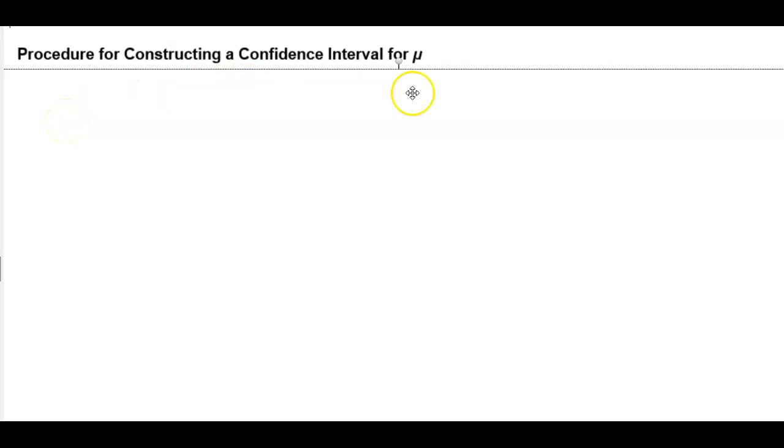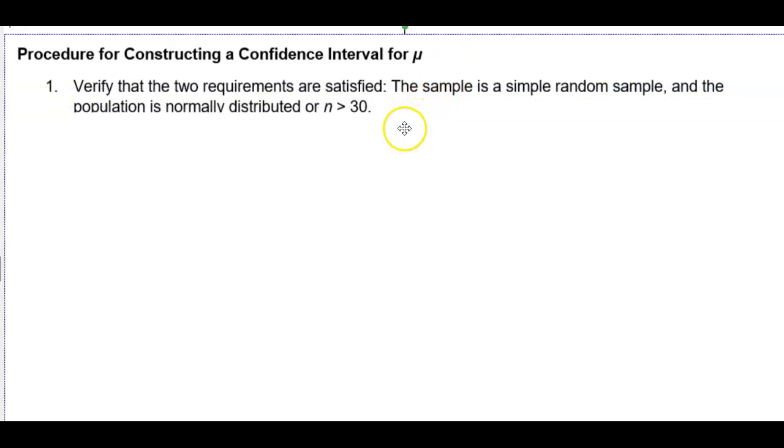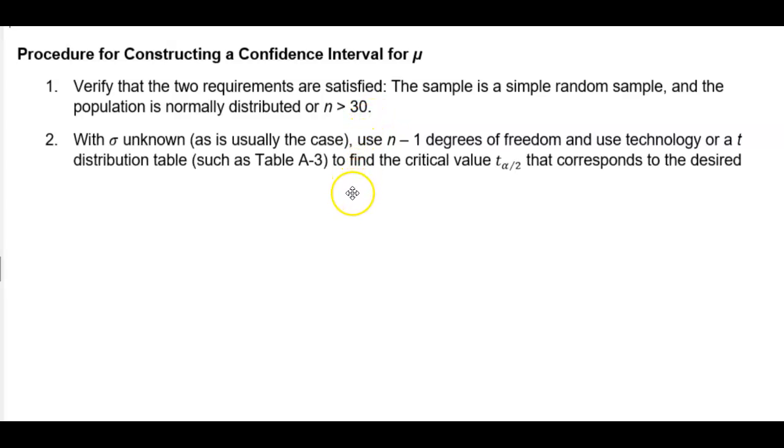Procedure for constructing a confidence interval for the population mean. Number one, you want to verify that the two requirements are satisfied. The sample is a simple random sample, and the population is either normally distributed or the sample size is greater than 30. Number two, with the population standard deviation unknown, as is usually the case, we want to use n-1